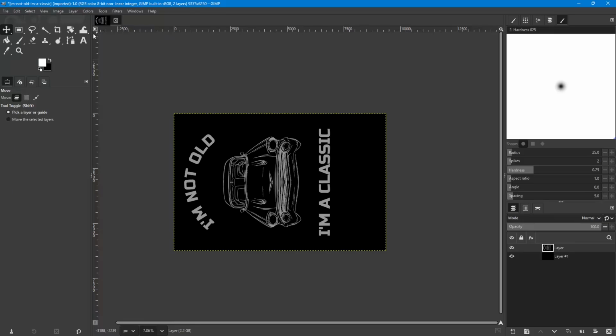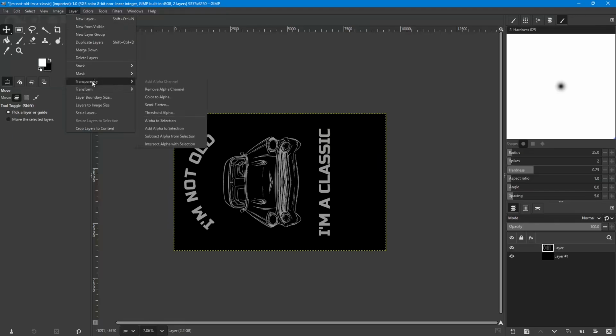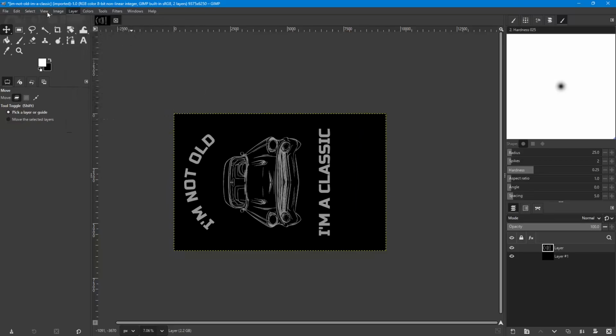Now the thing I want to show you is since these menus are exactly the same, I'm just going to show you the rest of this in the image, but I wanted you to see the difference between rotating a layer, which is only going to rotate part of the image, and then rotating the whole image. So I think I'll leave this on 2 separate layers as we do the rest of this, because now that you've seen what happens when you rotate one layer, you'll understand the difference when we rotate